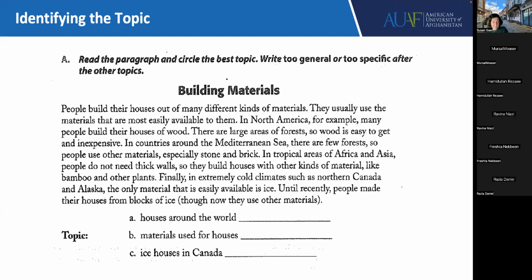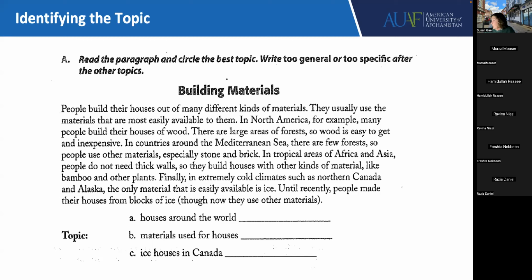There are large areas of forests, so wood is easy to get and inexpensive. In countries around the Mediterranean Sea, there are few forests, so people use other materials, especially stone and brick. In tropical areas of Africa and Asia, people do not need thick walls, so they build houses with other kinds of material, like bamboo and other plants.